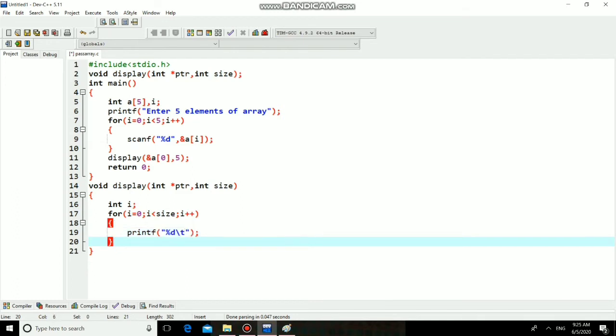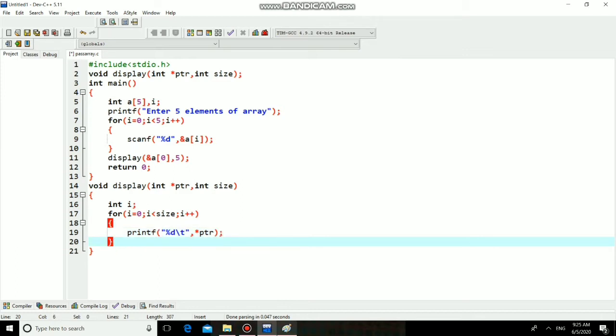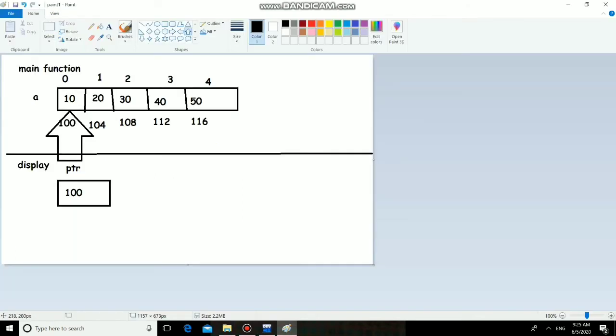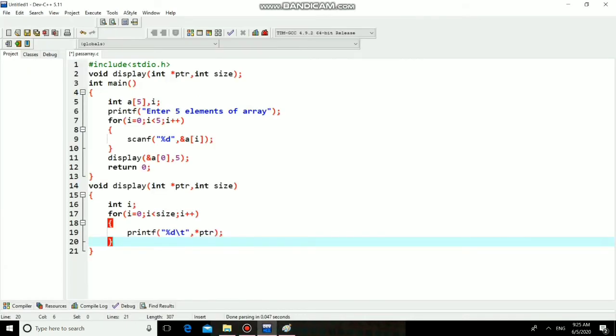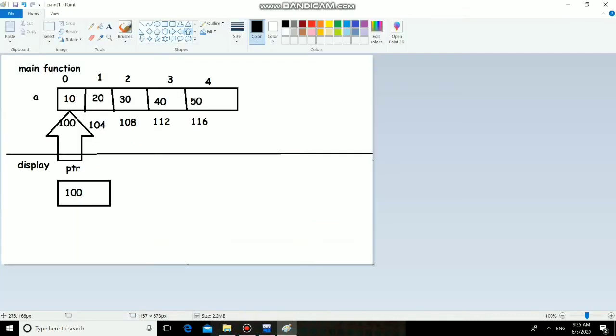So ptr is 100 and star ptr is the value at 100. See, ptr is 100 and star ptr is the value at 100, that is 10. Getting? Now you'll get 10 as output initially, but how to get the next value, that is, how to get 20? So 20 is present at 104.